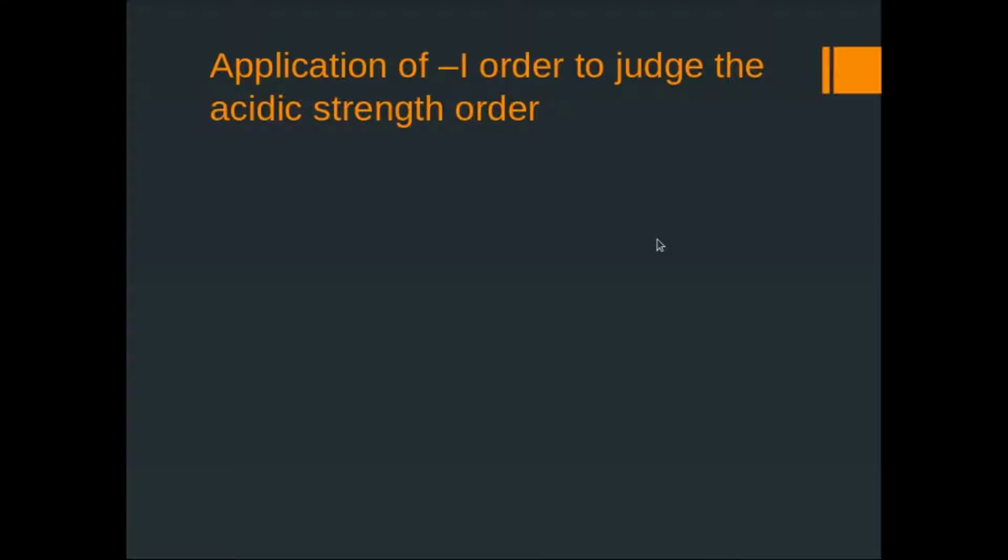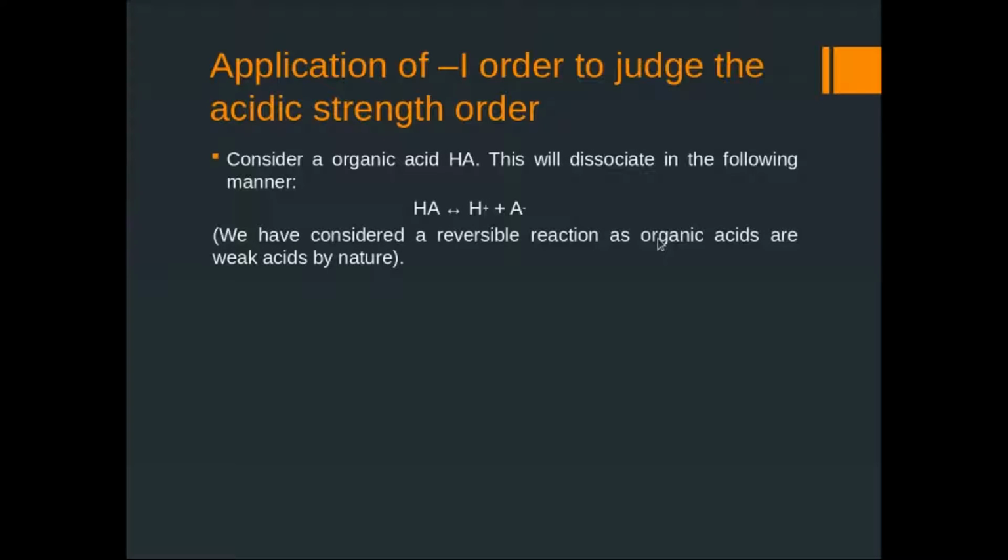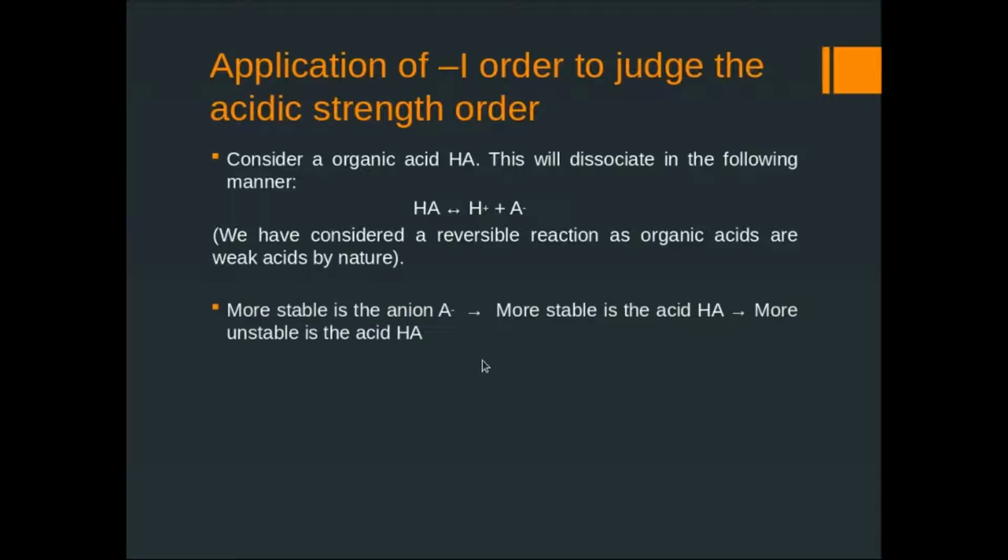So first of all, we will learn the application of minus I order to judge the acidic strength. We will consider one organic acid which breaks down as follows: HA reversible H plus A minus. The reversible sign is given because organic acids are generally weak acids. As you can see, if the anion, that is the conjugate base, is more stable by any effect, which we are going to study later also, other than inductive effect,